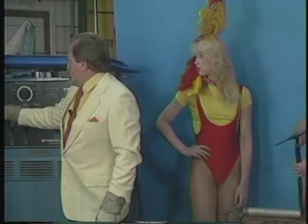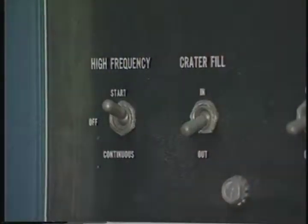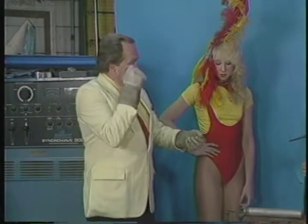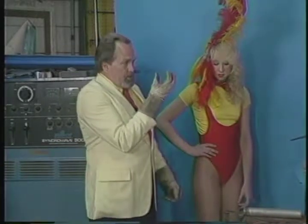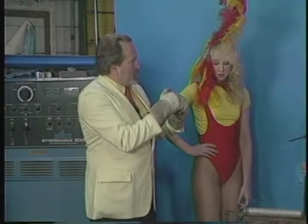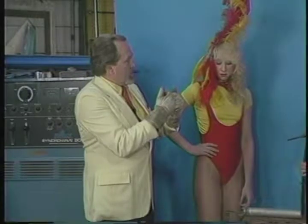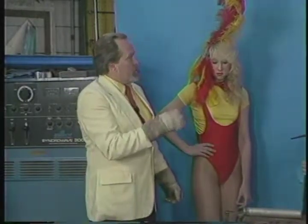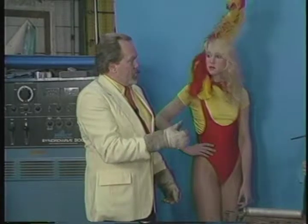Okay, it also has a thing here called crater fill. One of the things when you're welding aluminum, you get to the end of the puddle. If you don't have a foot pedal arrangement like this, you've got to just set it and pull the torch away to break the arc. It'll form like a crater. It sinks in. It's unattractive. It's not an attractive looking thing. With this, you flip the switch on, and when it breaks the current, it doesn't do it rapidly. It goes very slowly, so that puddle...